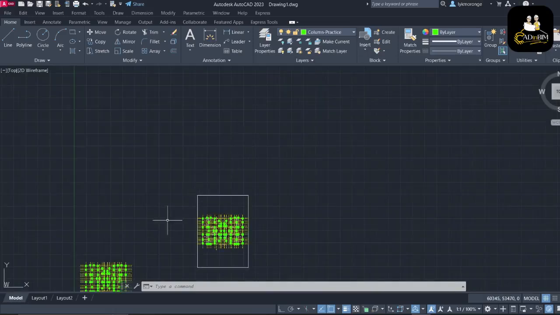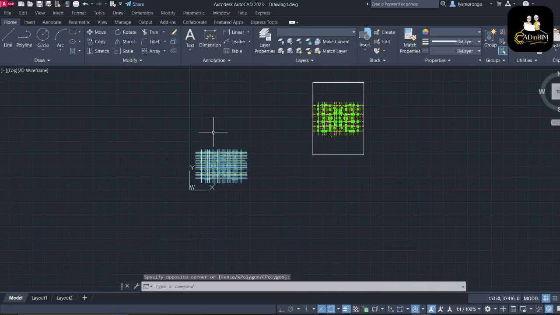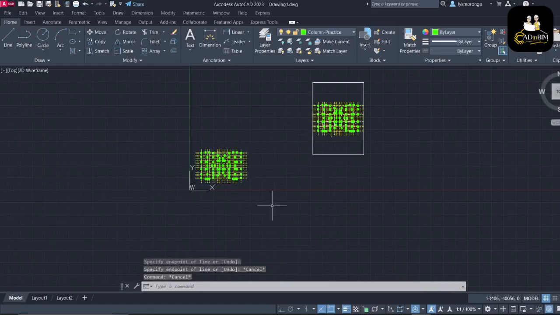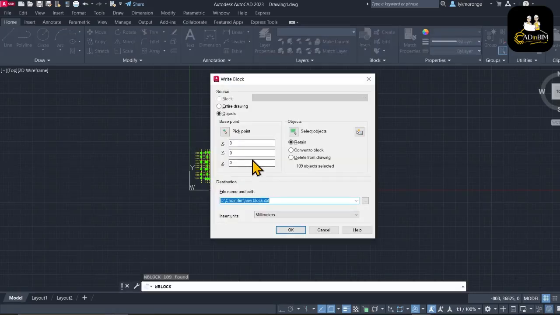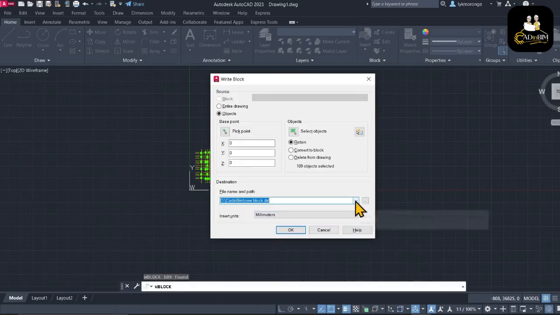So once you copy it, just select the entire model, press W, and hit enter. Once you hit enter, just make sure that your units are in millimeters, or in meters if you choose to use meters. And then under this block here,